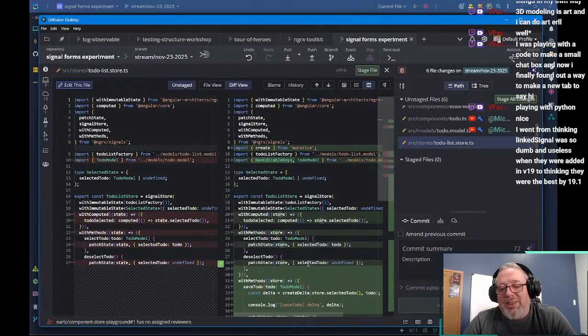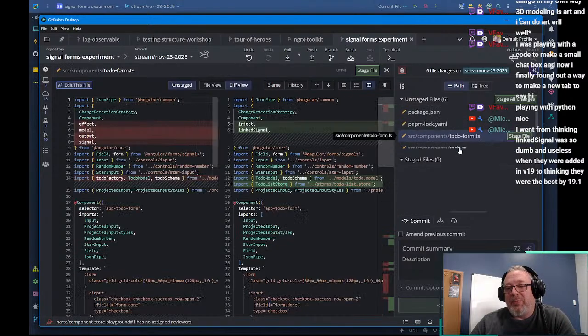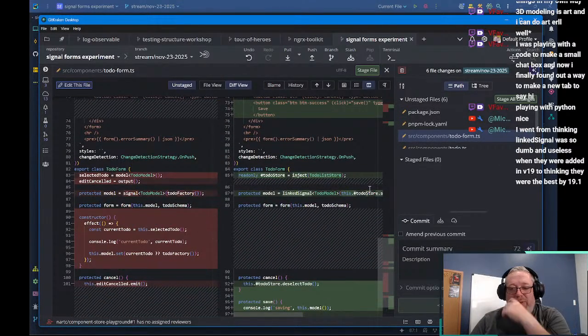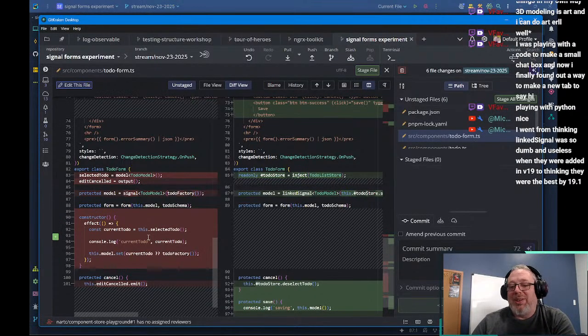And luckily, people were friendly with me and approached me like, oh, yeah, Jason, you don't understand it. Luckily, that's the way I was treated. And eventually I learned linked signals are powerful. I mean, just the use case here. This is incredibly powerful, that we don't have to do this stupid effect that I built.